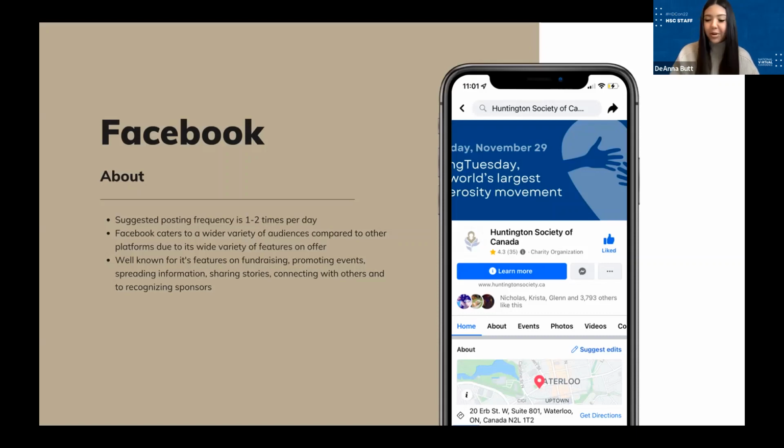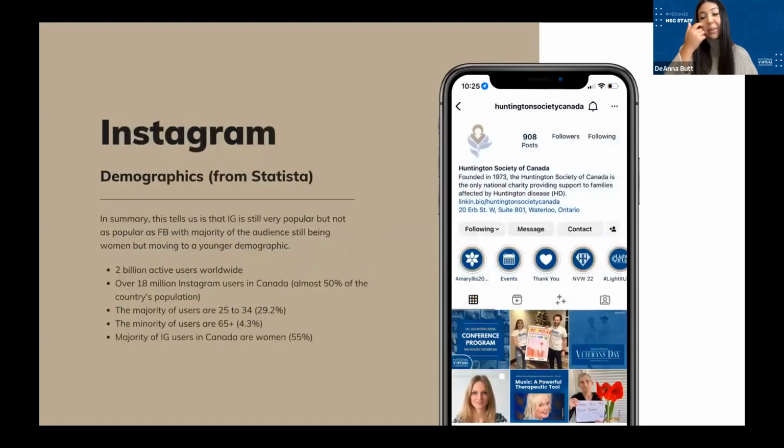So now we're going to move on to Instagram, which is my personal favorite, starting off with some demographics. There's 2 billion active users worldwide on Instagram, and there are over 18 million Instagram users in Canada, which is just under half of the country's population. The majority of the age is 25 to 34 years old, with that occupying almost 30%.